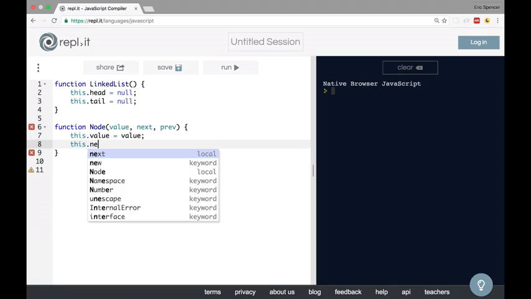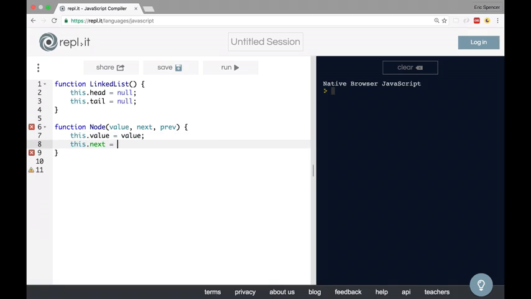This dot next equals the next parameter that we pass in. And this dot previous equals the previous or prev parameter that we pass in. Okay, great. So those are our constructor functions, and let's just run through an example with each real quick,